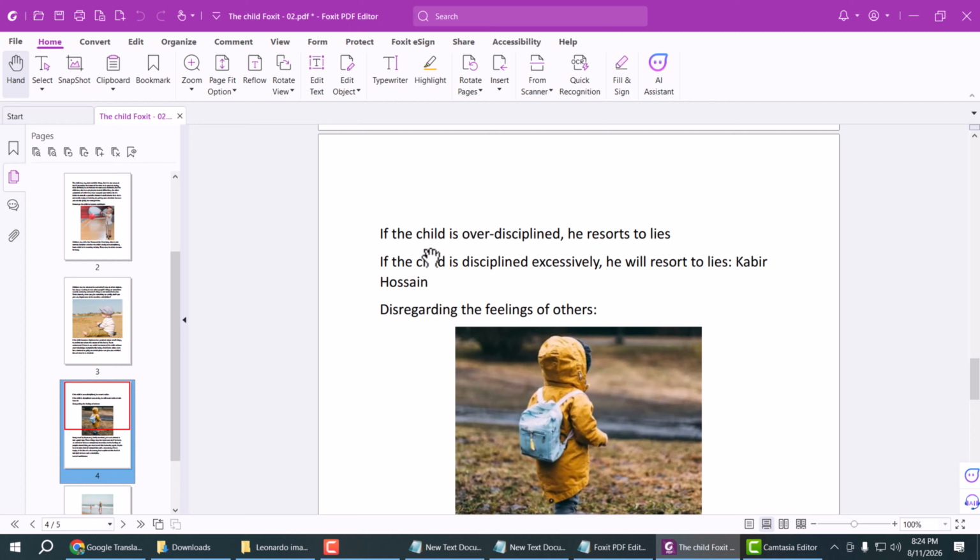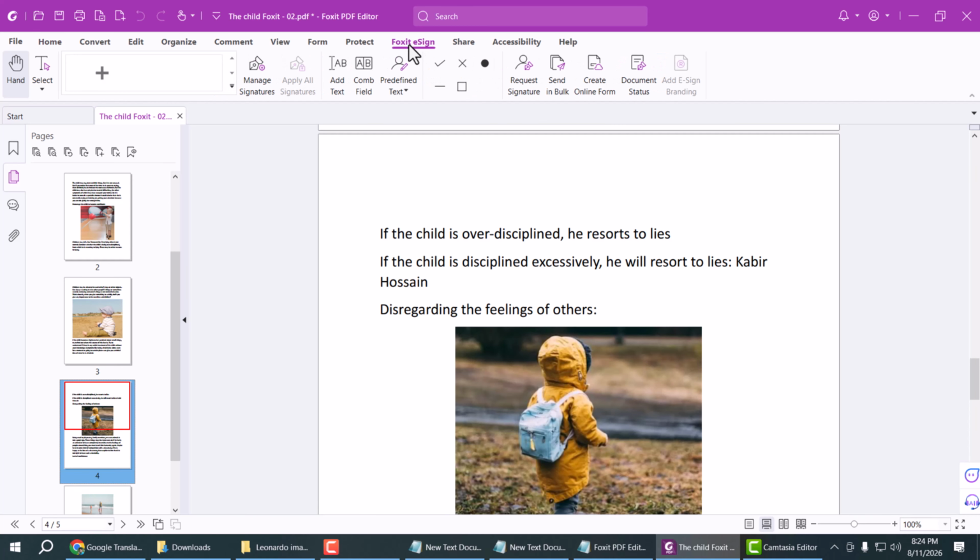Today I will show you how to insert a horizontal straight line in a PDF file using Foxit PDF. This is a PDF file and I will insert a horizontal line. Now select the Foxit key sign option of the menu, and this is the horizontal line option. Click here and click here,